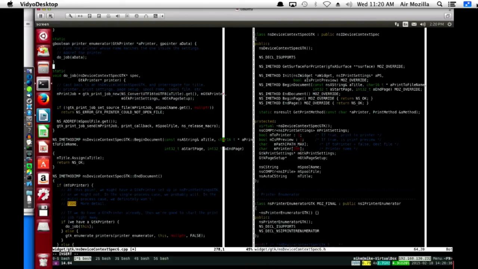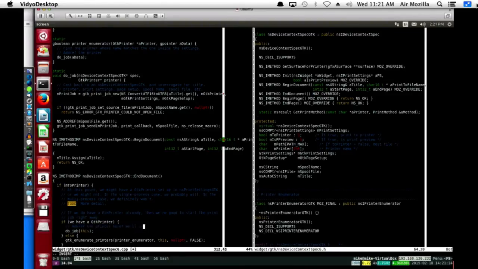Now, just thinking here, in the single process case, if in do job we unref the printer, anything else that might have wanted the printer inside the GTK print settings is going to get unrefed from the GTK print settings as well, because in the single process case we don't add ref it. So maybe, if we have a GTK printer, this is kind of dumb, maybe add ref the printer here.